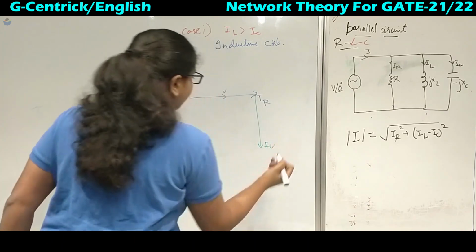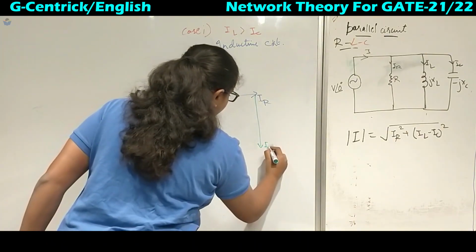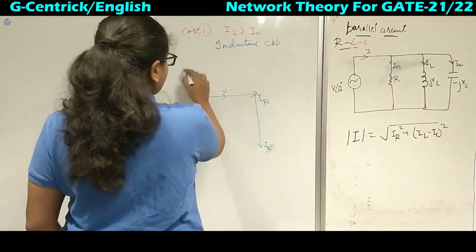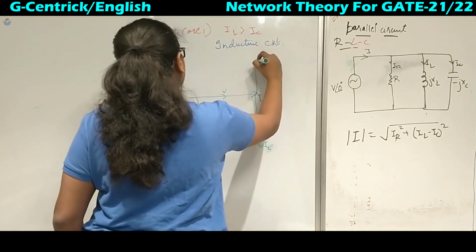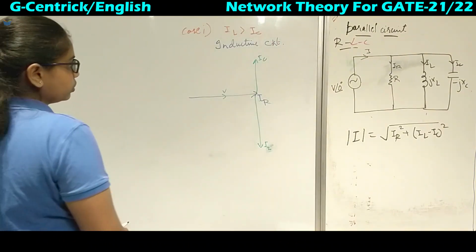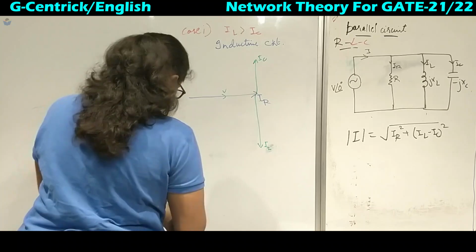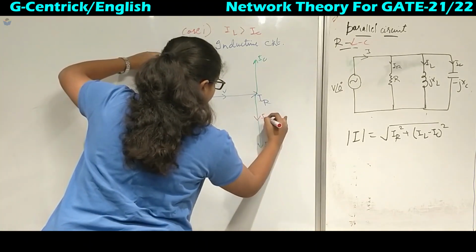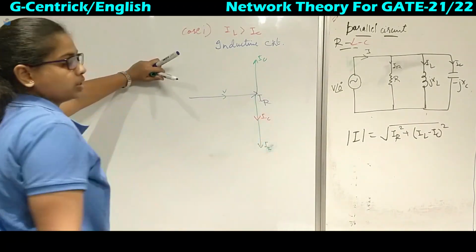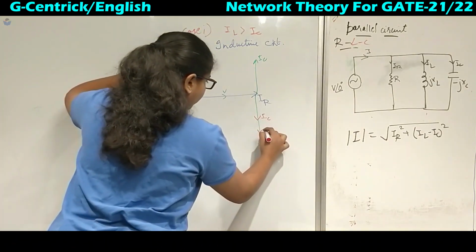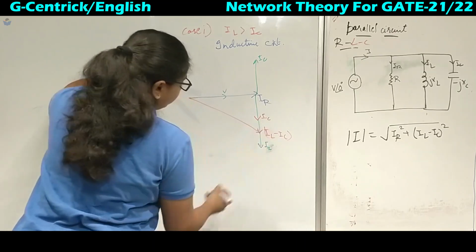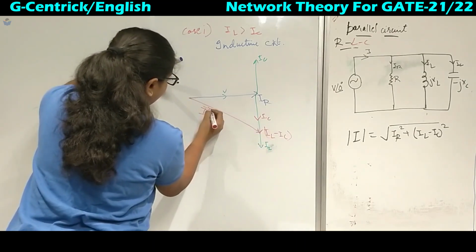So this is IL, then it goes to IC. We know that current is leading in case of a capacitor. So instead of drawing here, I will draw it up here, that is IC. Now we have taken IL greater than IC, so this IC we will draw it here. We will get the negative of that. Since we are taking the negative of IC, no need to mention the sign. So here somewhere we will get the IL minus IC vector. By triangle law of addition, if you join these two vectors, you will get this vector, the current I.